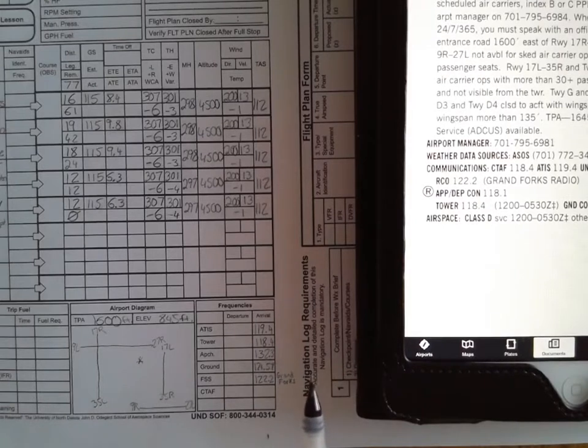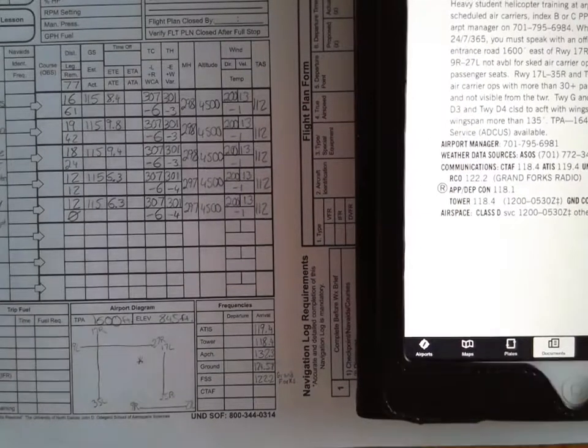At night until 6 a.m. in the morning. So if that were the case, then we could put 118.4 in that CTAF frequency, but since we're arriving when the tower is open, there's no need to put anything there. It's a blank box here, and you can add any additional frequency that you may feel is necessary, maybe perhaps a center frequency if you wanted to receive flight following,